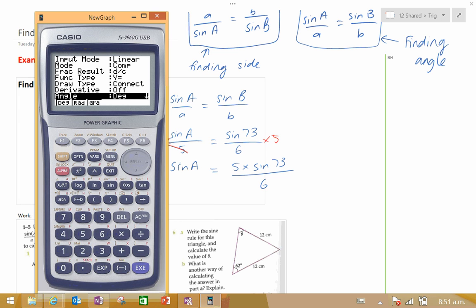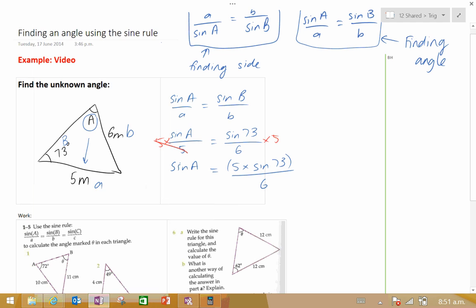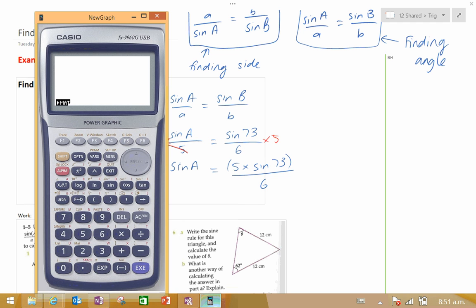That's on degrees now, so I'm good to go. Because we're working with fractions, I'm going to put brackets around the top so that my calculator knows all of that's on the top of my fraction. So I'll go bracket 5 sine 73, bracket, and then divide by 6. So there's my answer,